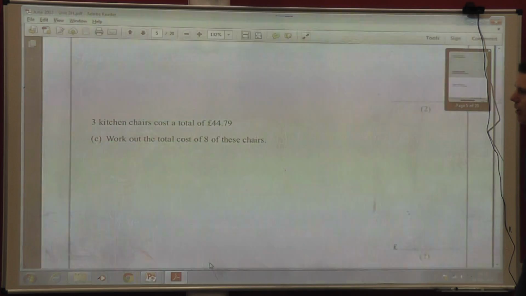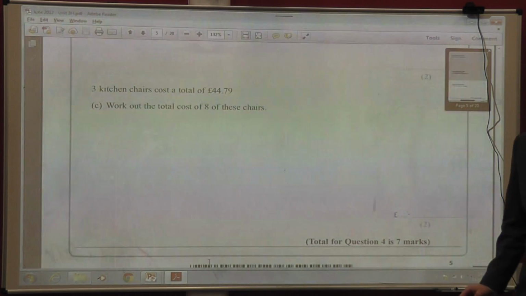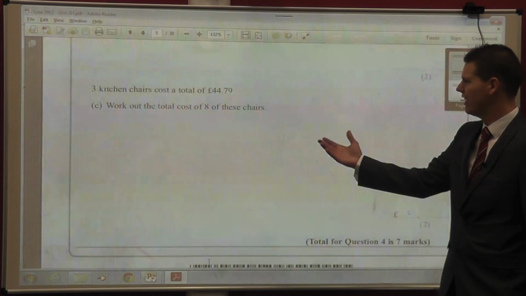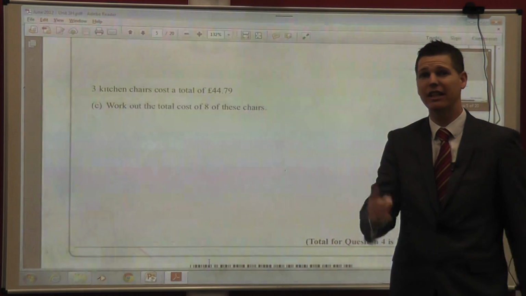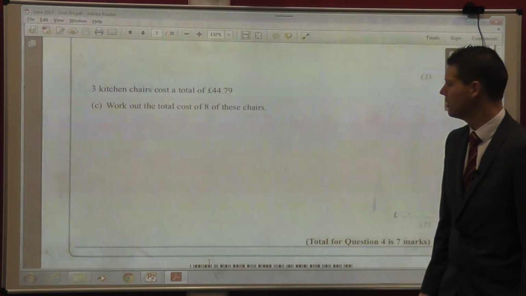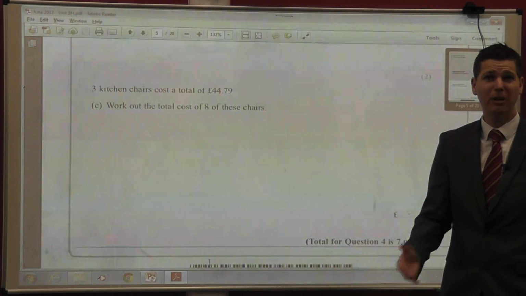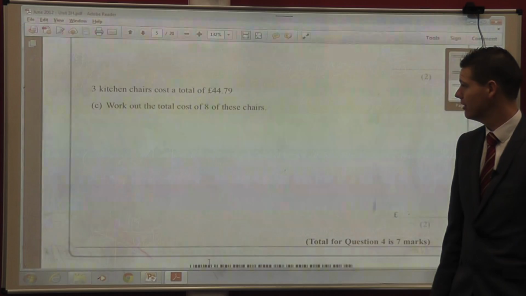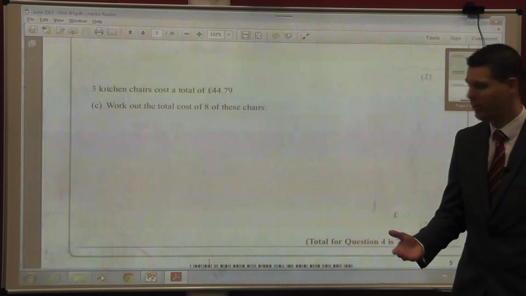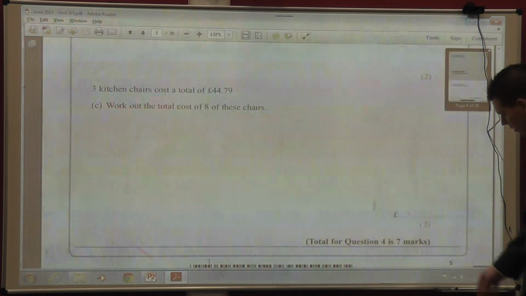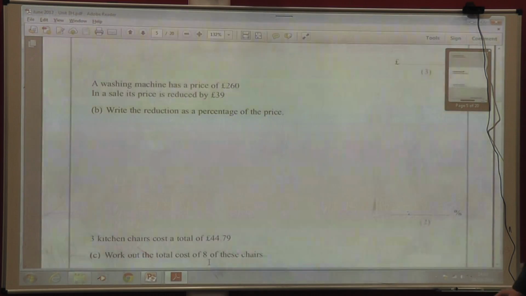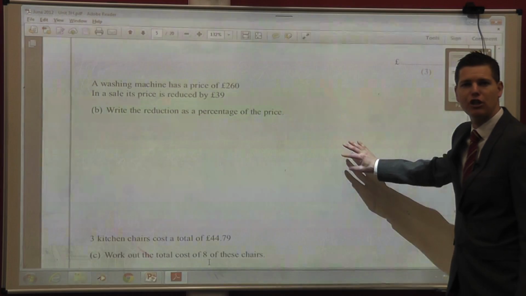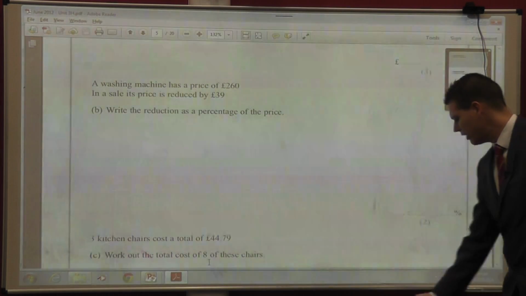And then again, I'm not going to focus on part C of this because I'm expecting you to be able to do it. If 3 kitchen chairs cost £44.79, just work out how much 1 kitchen chair costs. And once you know how much one of them costs, times it by 8 to find out how many 8 cost. That's not really worth me spending time going through. That's 2 marks as well. This whole question's worth 7 marks, in fact. And the only bit I think you'd maybe get caught up on is this section B. So having a look at this,